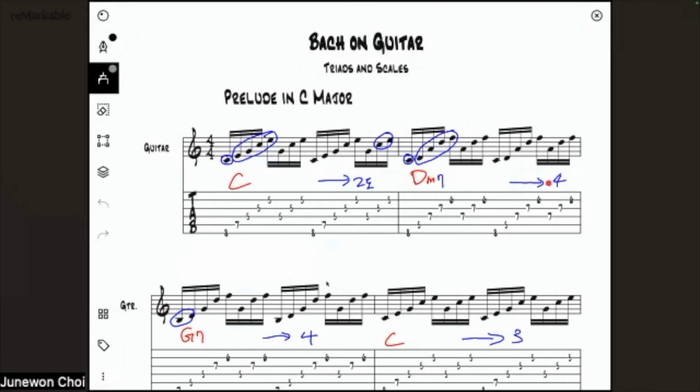And then it goes to the cycle 4, it goes to G7, but look at this voice leading. It's coming from this, and then it goes to